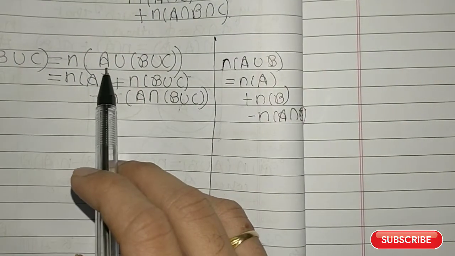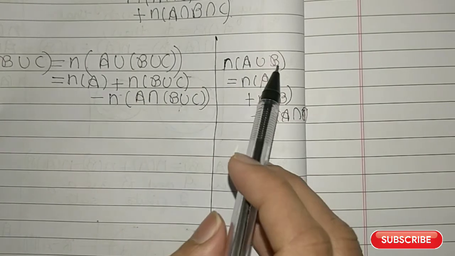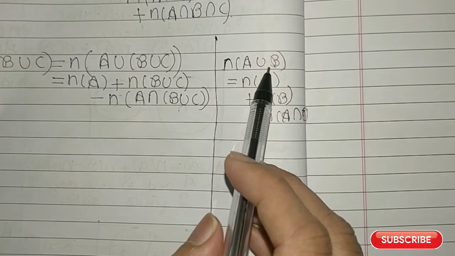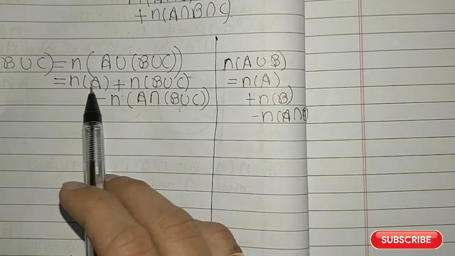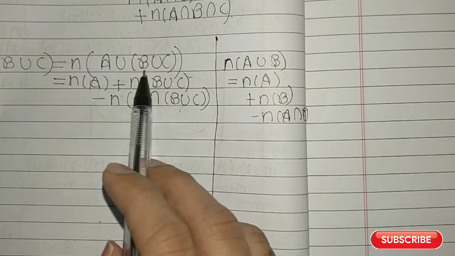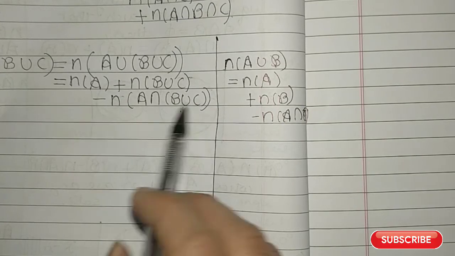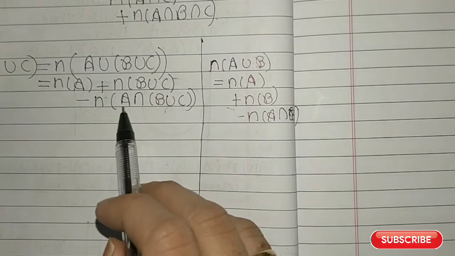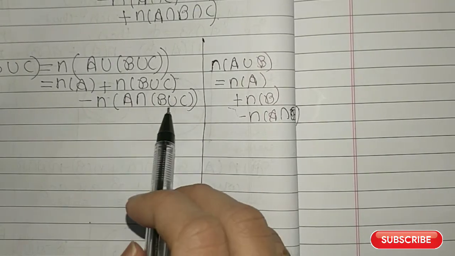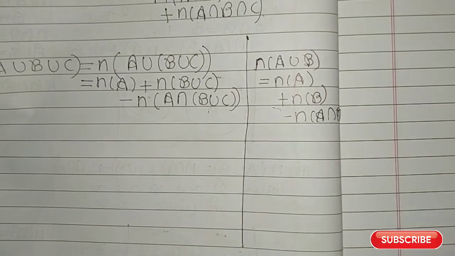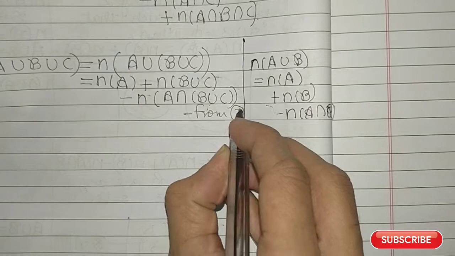Okay, so you take the set A as the set A in the formula number 2 and the set B union C as the set B in the formula number 2. So what you will get? Number of elements in A, right, so that is this, plus number of elements in B. Now B corresponds to what here? B union C, right? Okay, then minus number of elements in A intersection B. So A is A, intersection, B is what? B union C. So intersection B union C you got. Okay, now this is from formula 2.